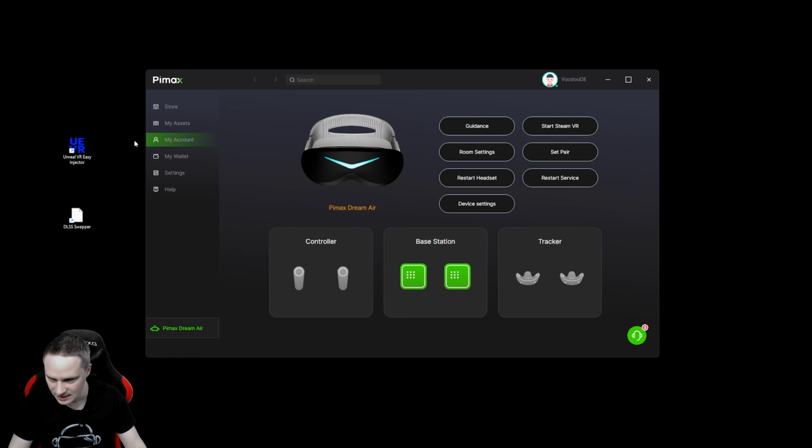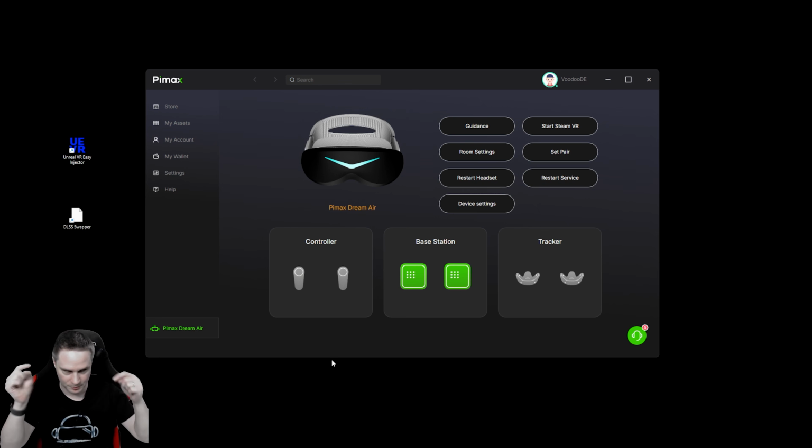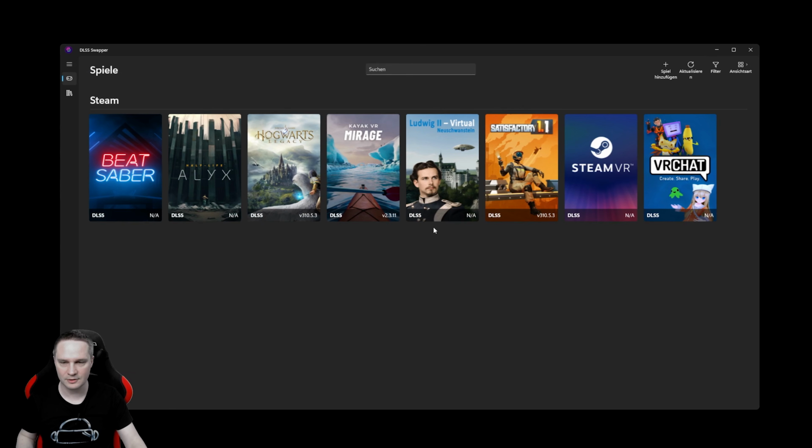So then here we have this file. And then there's another tool, but this is only optional. I already told you about it in the PCVR hardware guide, the so-called DLSS Swapper. Download that. I will put all links in the description. And here is the DLSS Swapper. When you open that, you can scan here, and then it will show all the